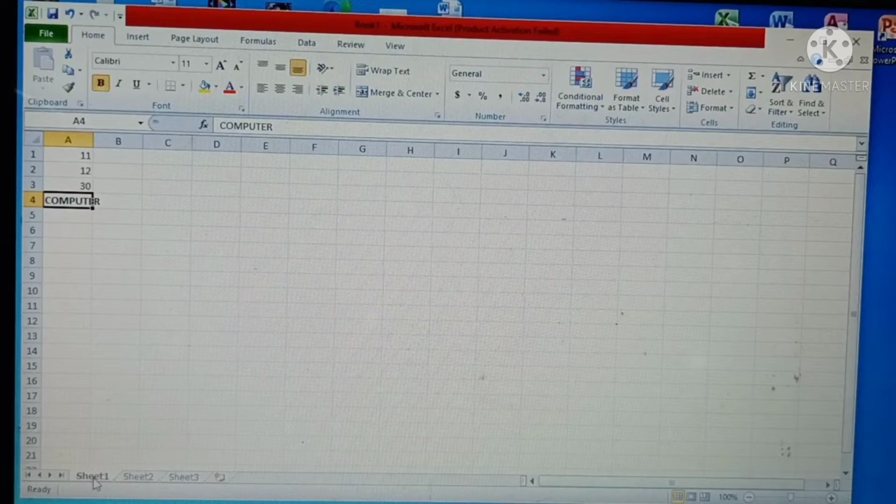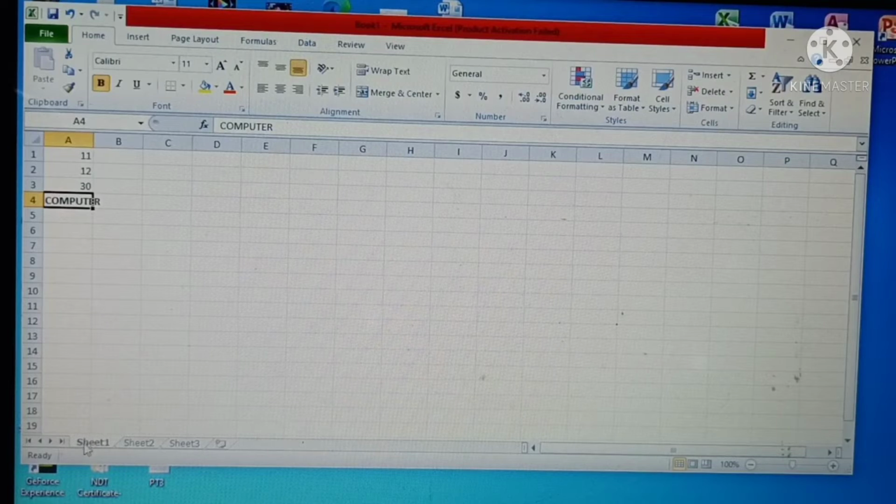Let's begin. Our next topic is switching between worksheets. A Microsoft Excel 2010 workbook has many worksheets, as we already learned. By default, it contains 3 worksheets. We can simply switch between worksheets by clicking the tabs at the bottom of the worksheet window. By default, only 3 worksheets are visible on a workbook at a time. For that, click on the sheet tab of the worksheet that we want to display in Microsoft Excel 2010. Whichever sheet you want to display, you just click on that sheet name.